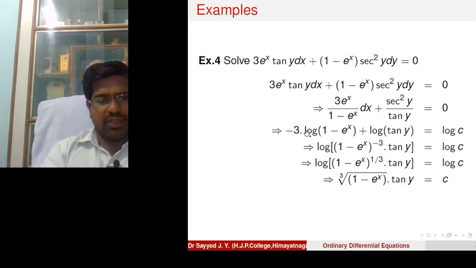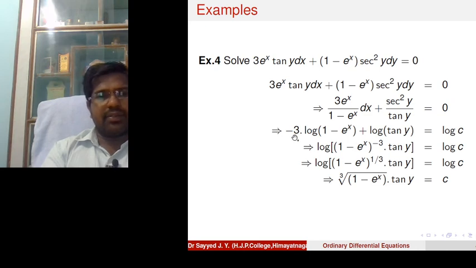So what is this, 3 is constant, or you can multiply with minus sign. So minus 3 is constant, you can take outside, and here it is what, minus e to the power x divided by 1 minus e to the power x. So the derivative of the denominator is present in the numerator, so you can use that formula, integration of f dash of x divided by f of x dx is equal to what, log of f of x here. So this is what, log of 1 minus e to the power x plus, similarly same thing is there, denominator is tan and its derivative is what, sec square y, and it is present in the numerator. So that is again, by using the same formula, it will be log of denominator, that is log of tan of y equal to constant of integration.